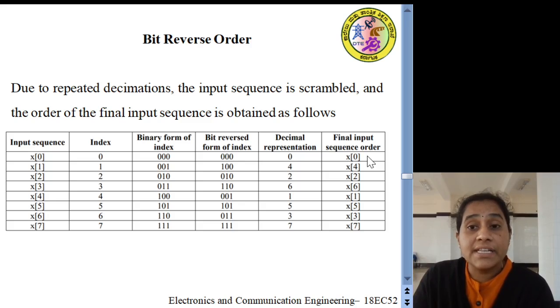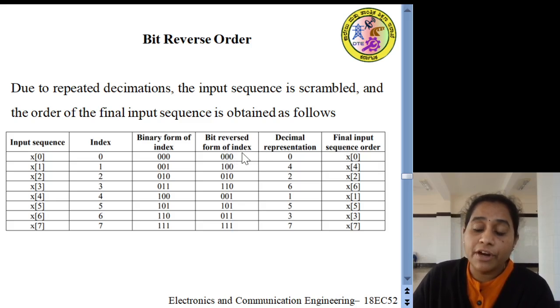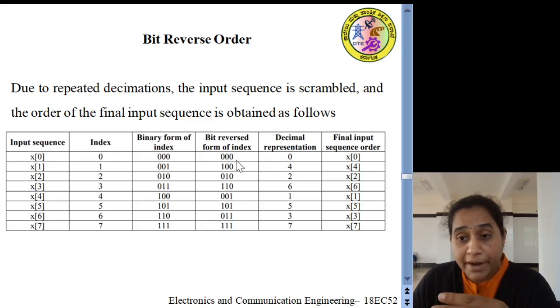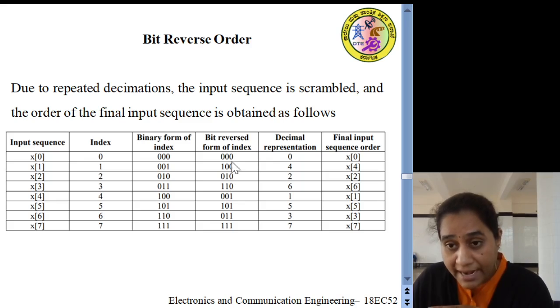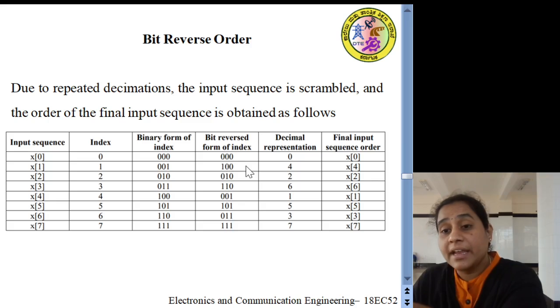So our digital signal processor supports this bit reversal address mode, where it can be calculated just by, if we consider 000 for an 8-point DFT, then 8 by 2, that is N by 2 point value has to be added. So if we add this, and if the carry is propagated to the next level,